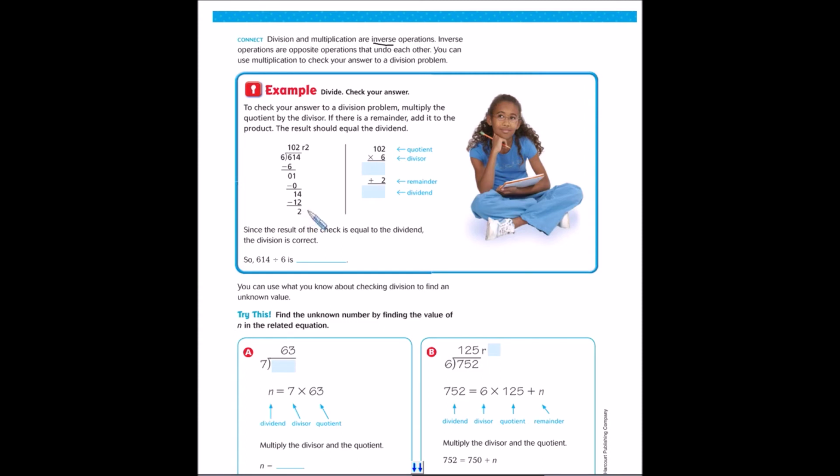If I were to check my answer, I would multiply my quotient, which is my answer, 102, times my divisor, which is 6. 6 times 2 is 12, carry my 1. 6 times 0 plus 1 is 7, and 6 times 1